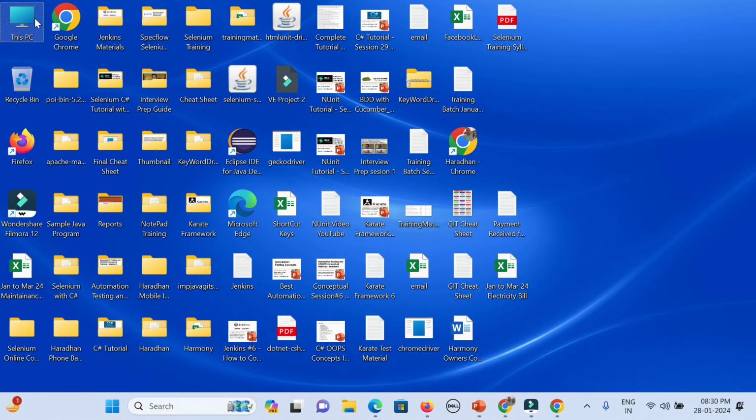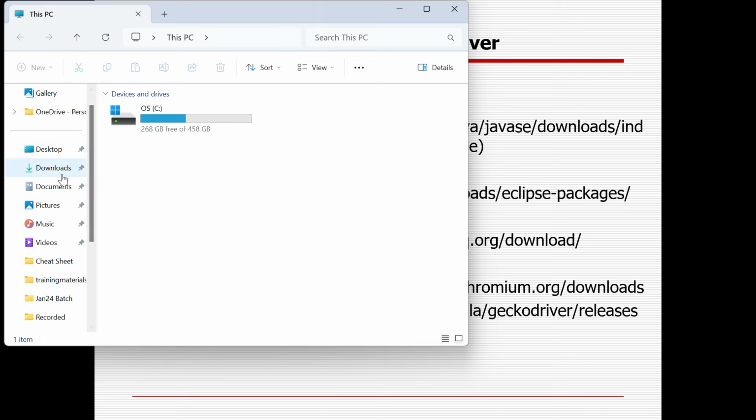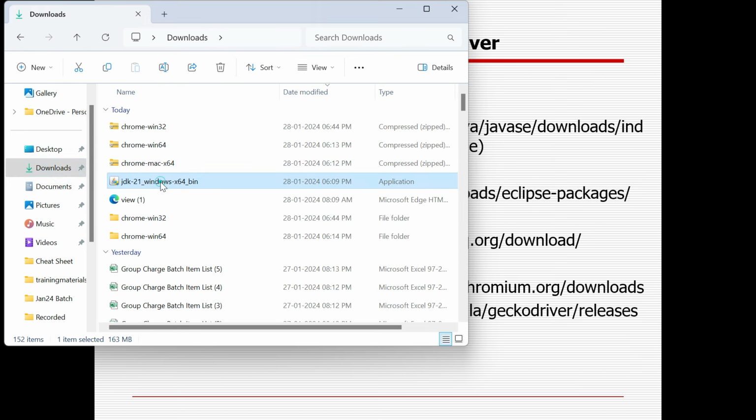After download, it will look like that. This is the way. You need to double click and simply go next, and accept. After opening, you need to create your Oracle account, and after that, you need to sign in. Then it will automatically download. No worry. Then if you go to your C drive,